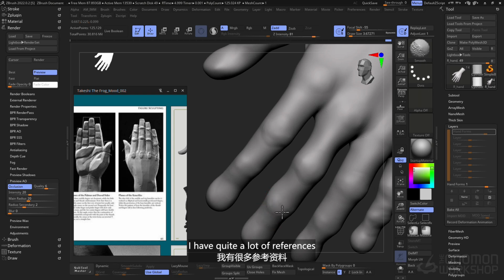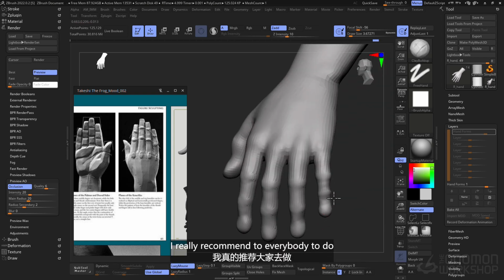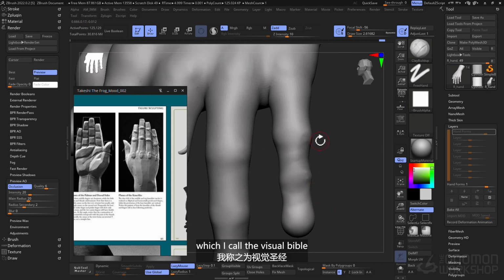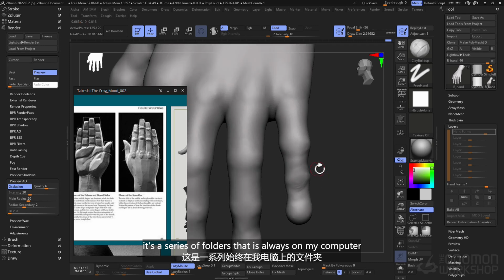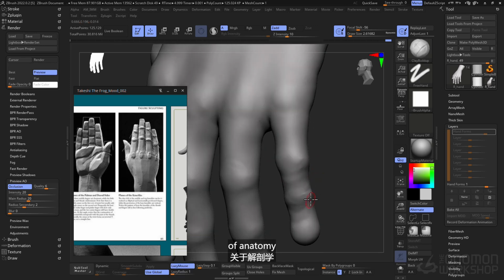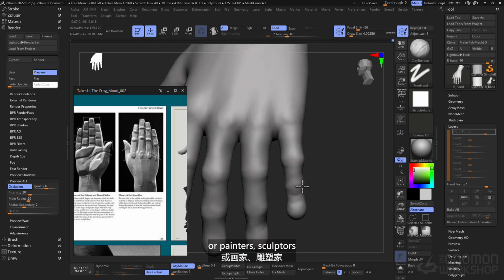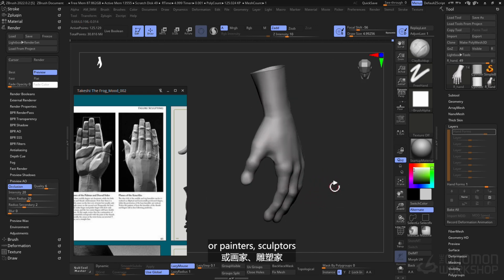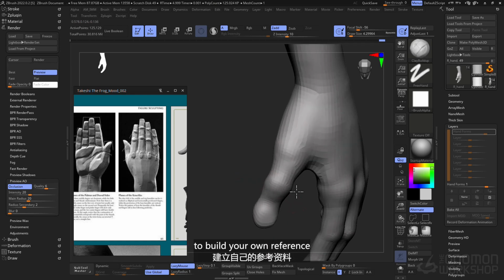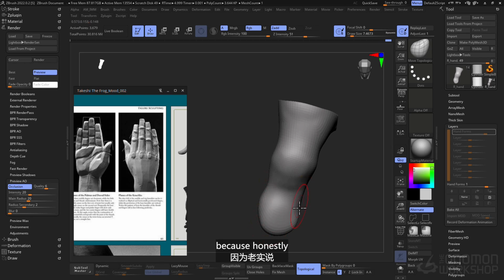I have quite a lot of reference which I collected over the years. I really recommend to everybody to build a big personal library, which I call the Visual Bible. It's a series of folders that is always on my computer, where I have different categories of anatomy with different body parts, or painters, sculptors. I think this is a really good habit to build your own reference, and not always rely on the internet, because